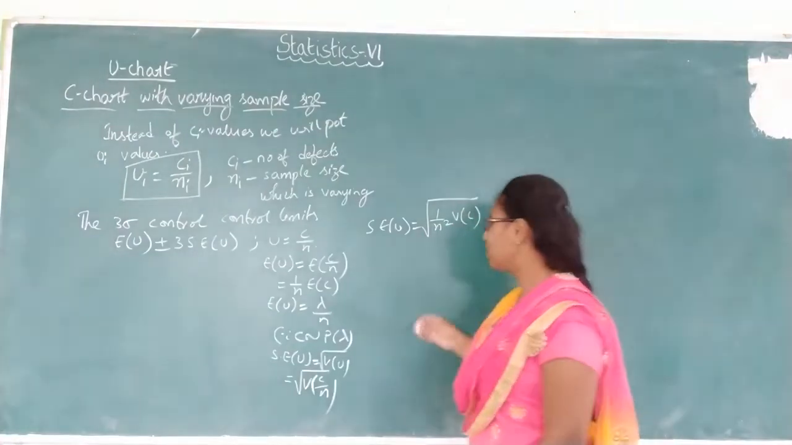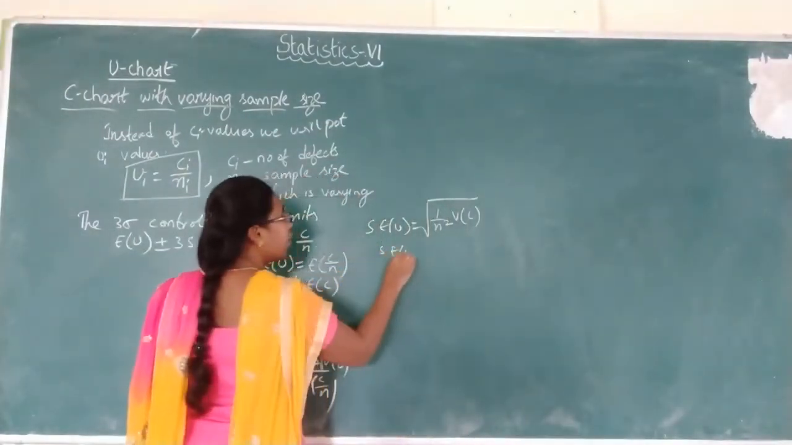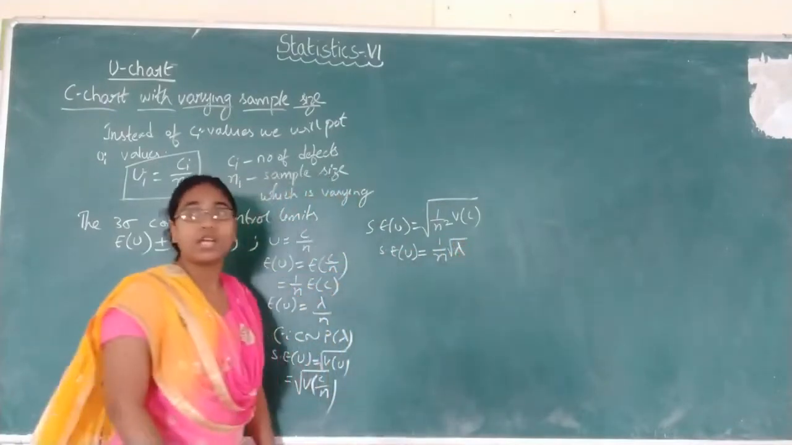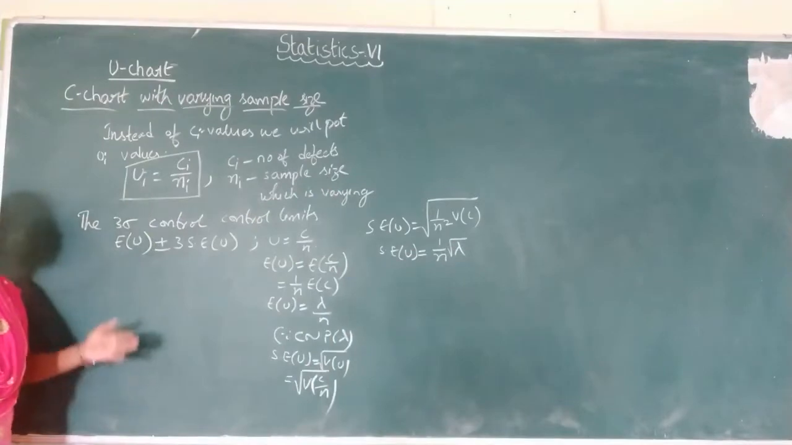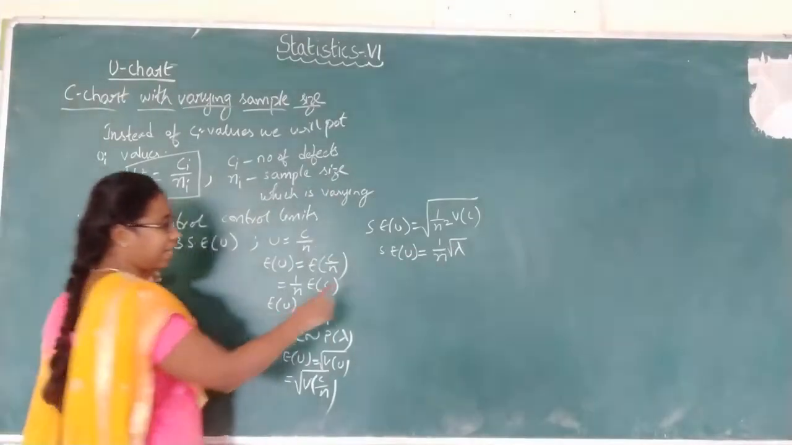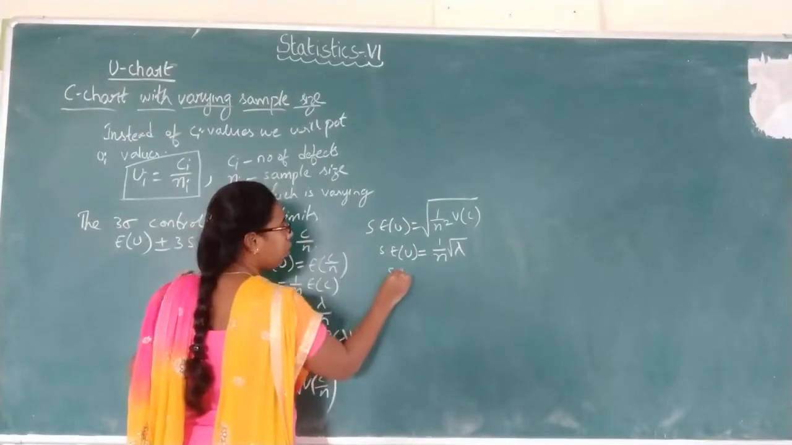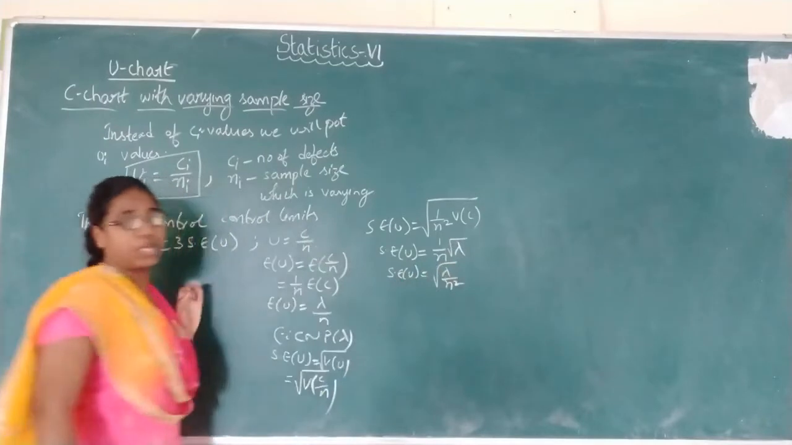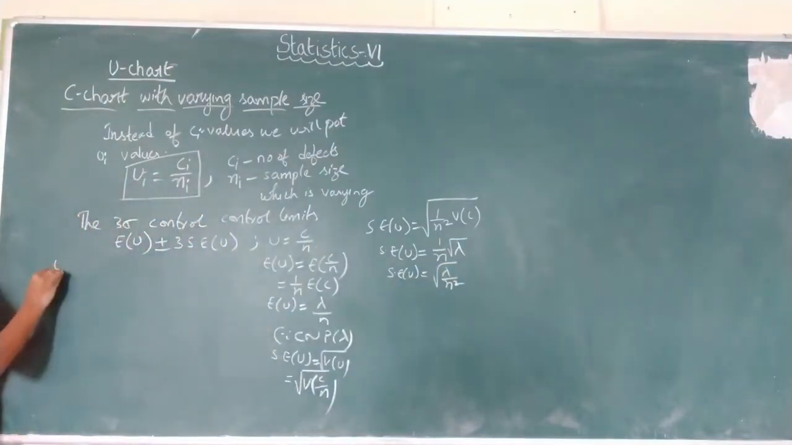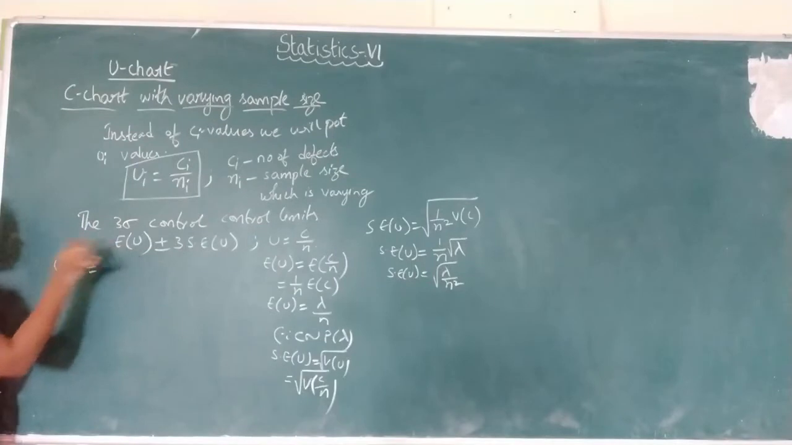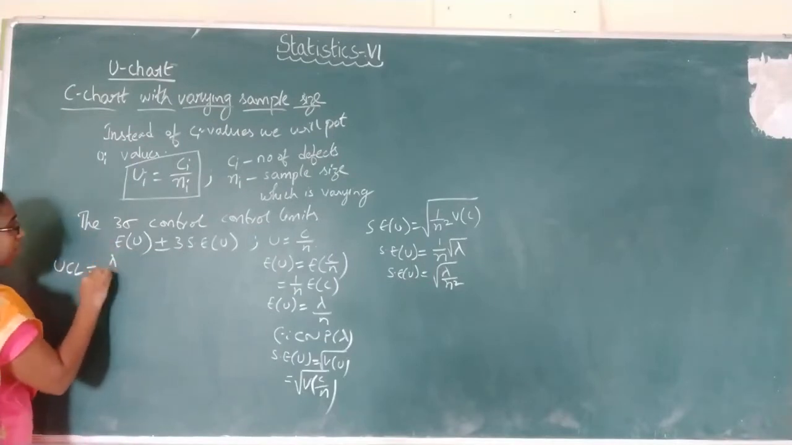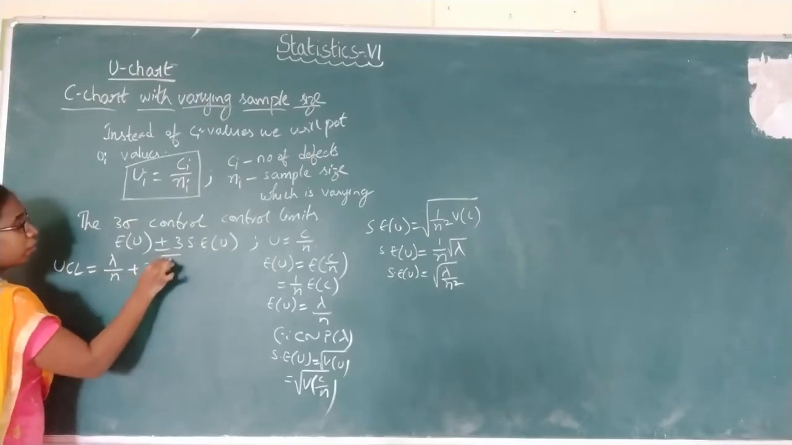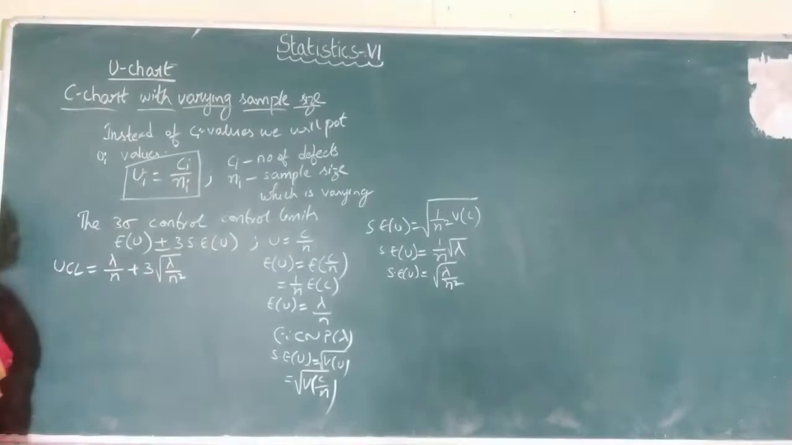What is the variance of C? It is also lambda. So the standard error of U equals 1 by N root lambda. This is the required standard error formula. You can write it as 1 by N into root lambda, or you can write the standard error of U equals the square root of lambda by N square, depending on your requirement. What are the 3 sigma control limits now? UCL equals the expectation of U, which is lambda by N, plus 3 into the standard error, the square root of lambda by N square. Similarly,